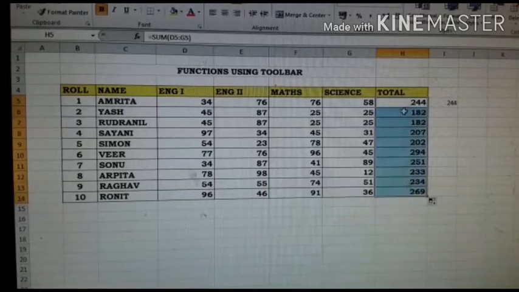So, whenever I am copying, see in the formula bar, first cell it was D5 to G5. In the second cell I have copied the formula, but look at this formula bar, SUM D6 to G6. That means the cell address has been changed.